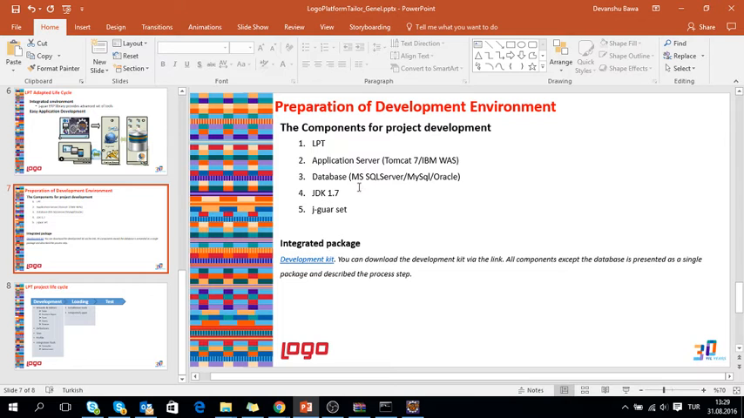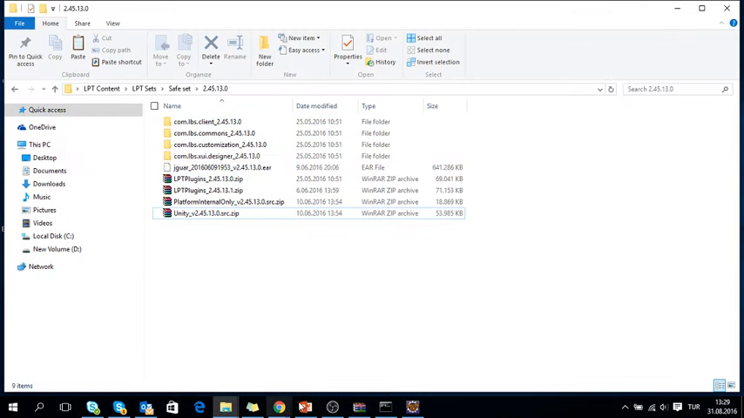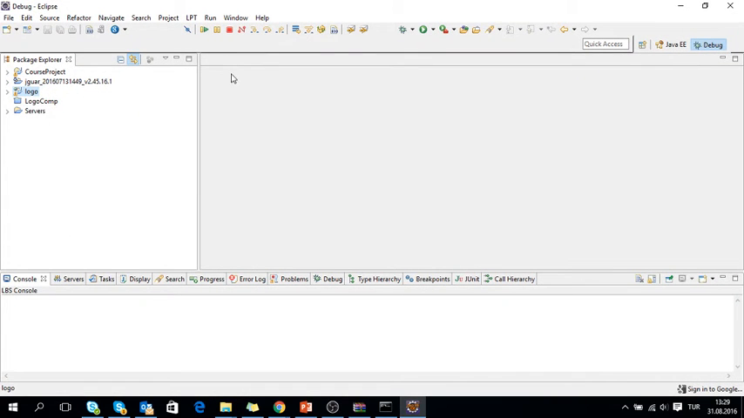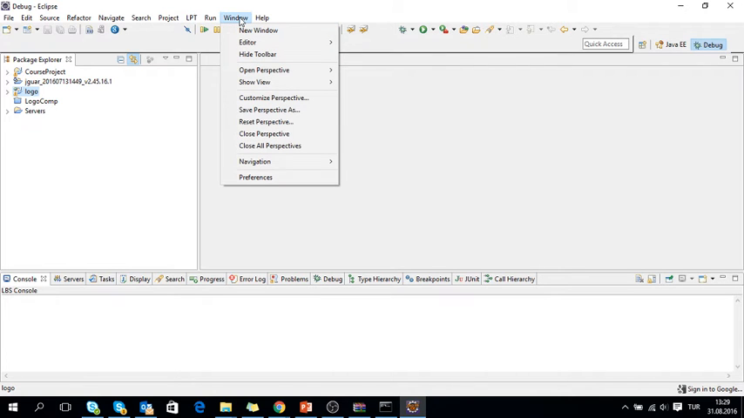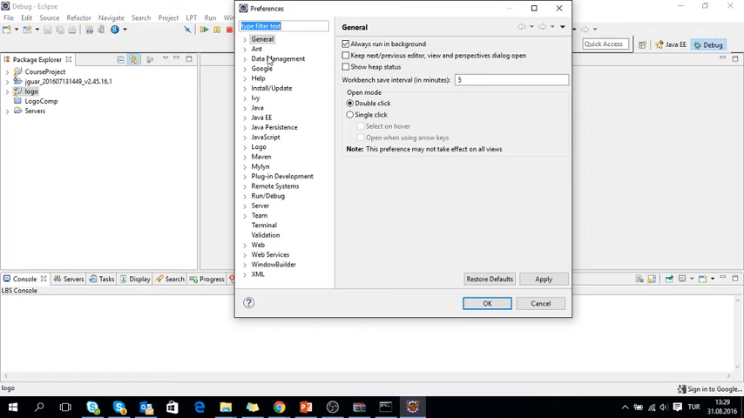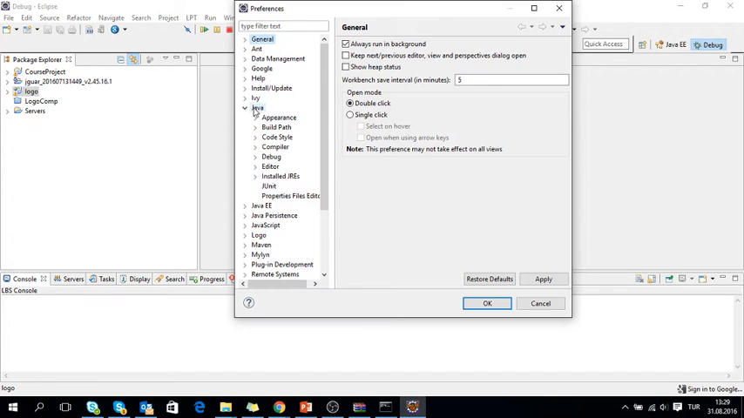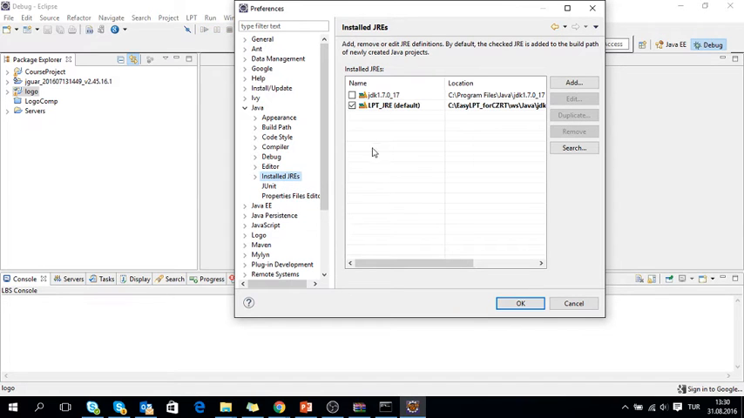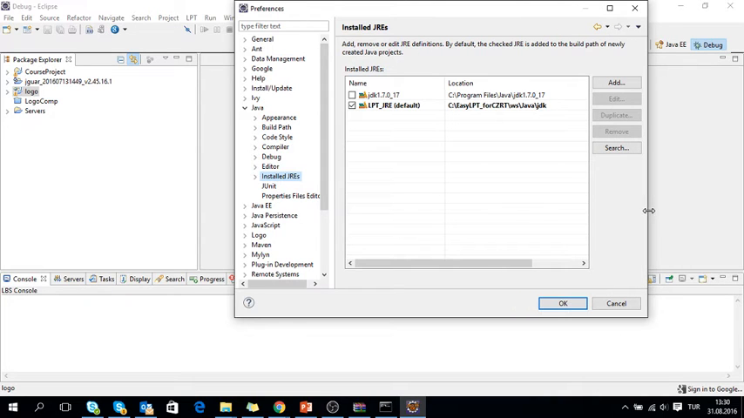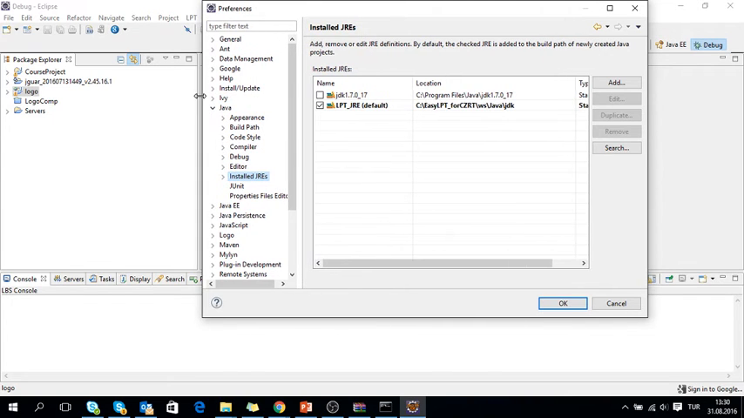And what else we need is the JDK version. Let's check the JDK version in the application. So for that, we should go to Windows, and we should go to Preferences. In the Preferences, you will see Java. In this Java, you will see all the installed JRE. It comes automatically by default. Sometimes you may have installed your Java or JDK in some